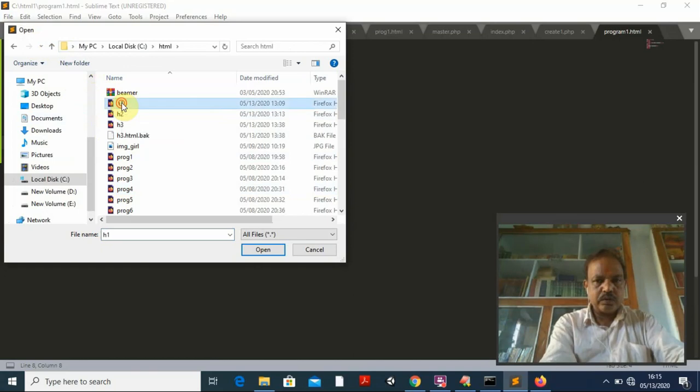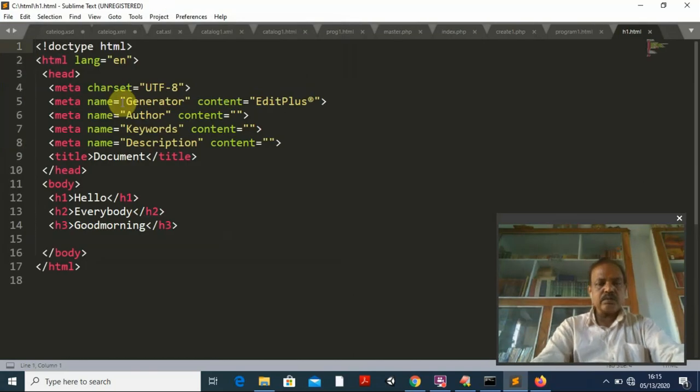Suppose I want to go for h1. In h1, what I have written, you see here, h1 is the file I have written using Edit Plus. By default everything is created. The doctype is HTML, the HTML tag starts here, and this is the closing of the HTML tag. Your language equals English, en, in double quotation marks. Head: this is the opening tag and this is the closing tag.